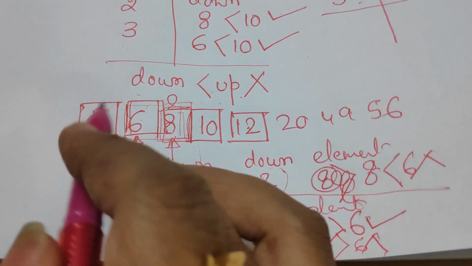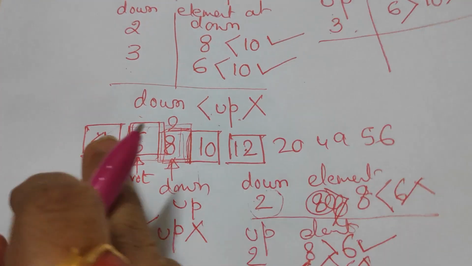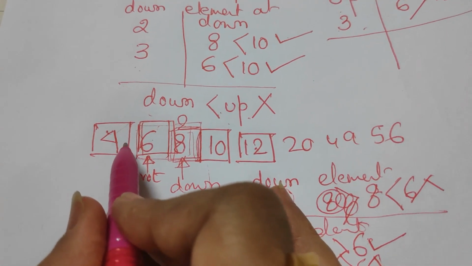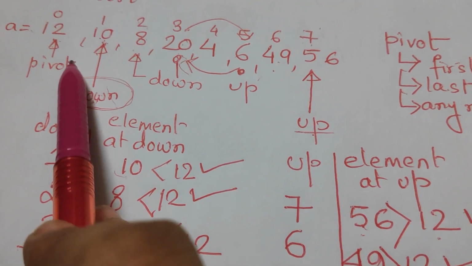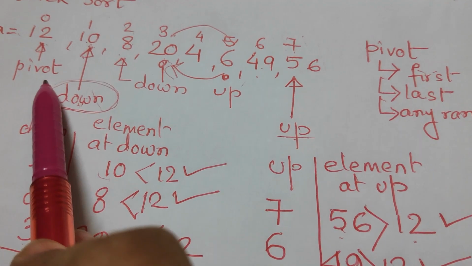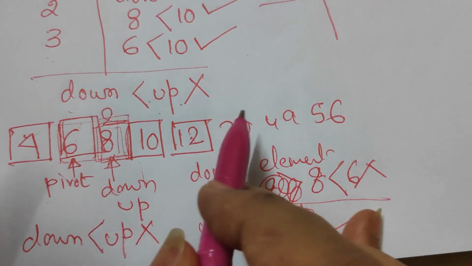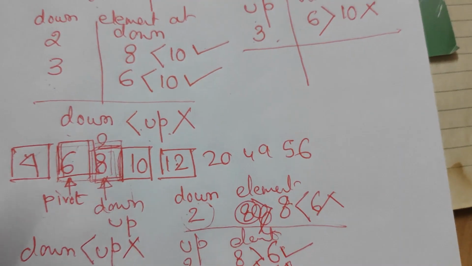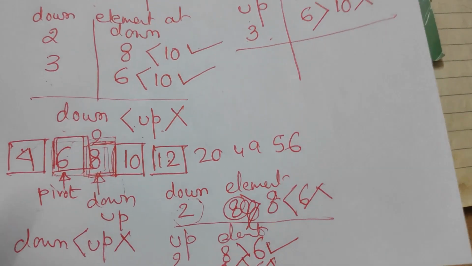Right? Now after this side gets sorted, you should remember that we were only working on the left hand side of 12. 12 was the first pivot of our element. 12 was the first number that we were actually sorting. So we are done with the left hand side of 12. What we are left with is now the right hand side of 12. So now we will have to start with our quick sort on the right hand side of 12.